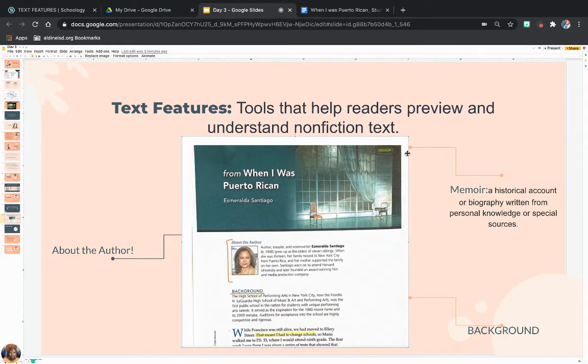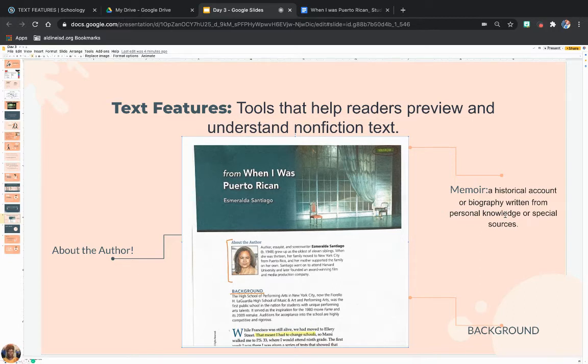It says memoir here. A memoir is a historical account or biography written by somebody from their own experience, from their personal knowledge, or they have some special sources that they went through. But for the most part, most memoirs are written from somebody's personal experience.